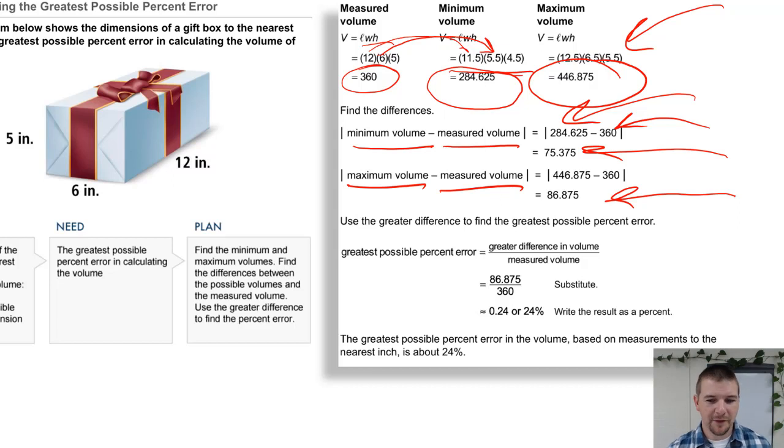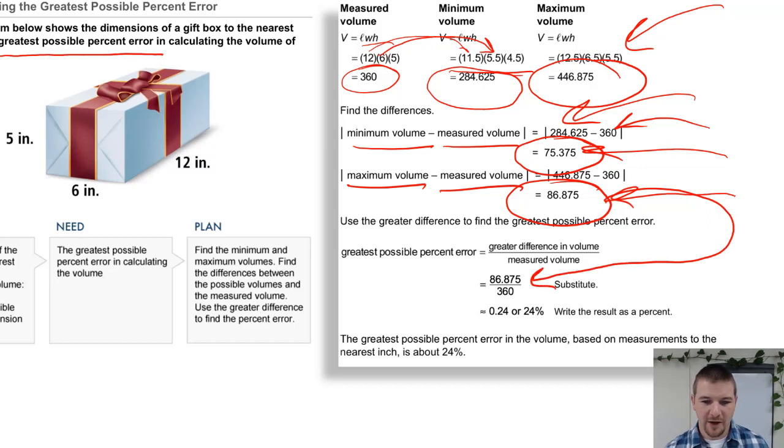Now we needed to complete both of these in order to find the one that's going to give us the greatest possible percent error. And if we just use the minimum, we wouldn't be finding the greatest possible percent error. We would be finding one of the possible percent errors if all of our lengths had actually been smaller than measured, the minimum possible. But we know that 86.875 is greater than 75.375, so that's the value we're going to use when we divide by the measured volume